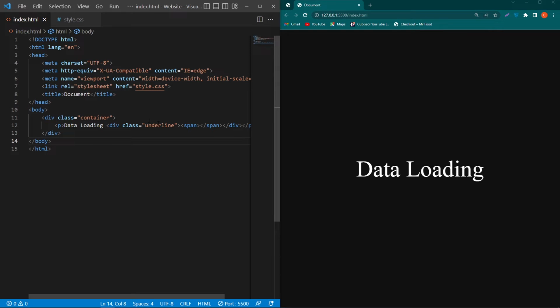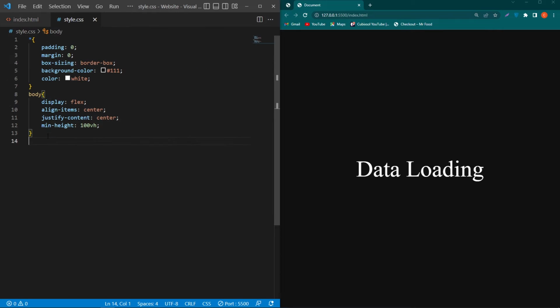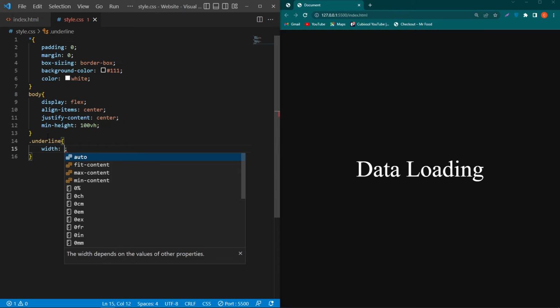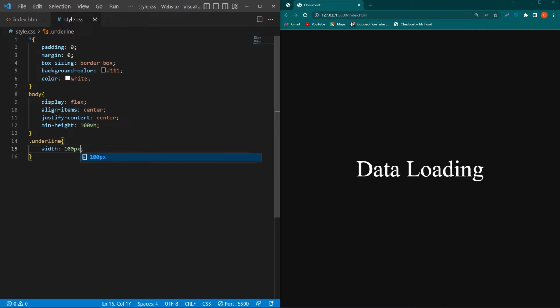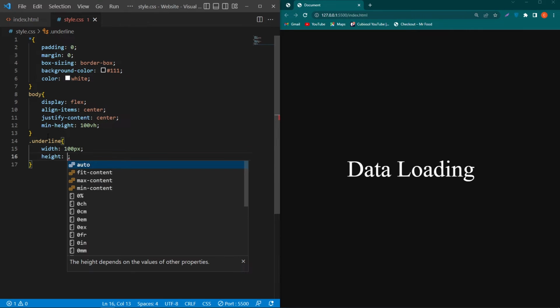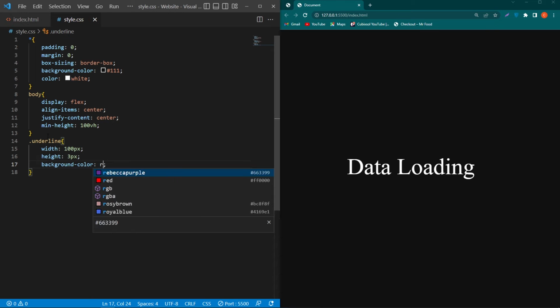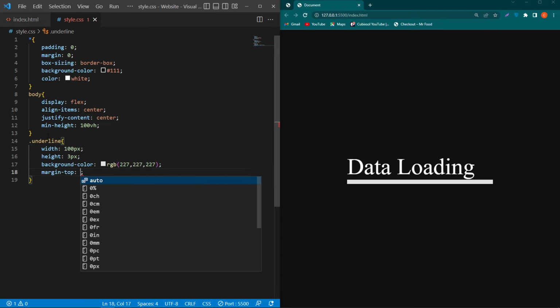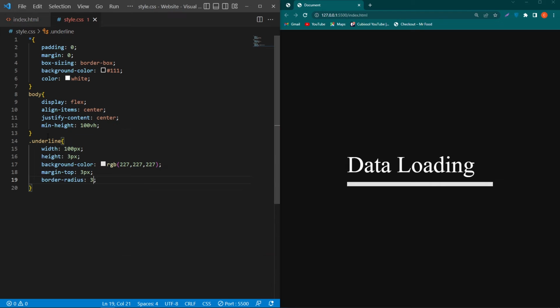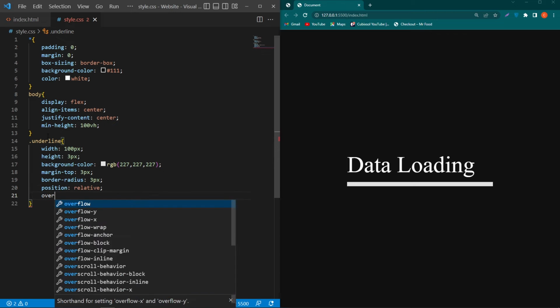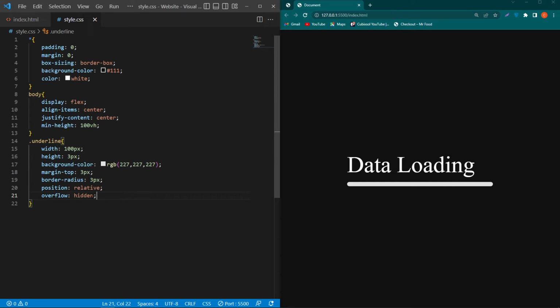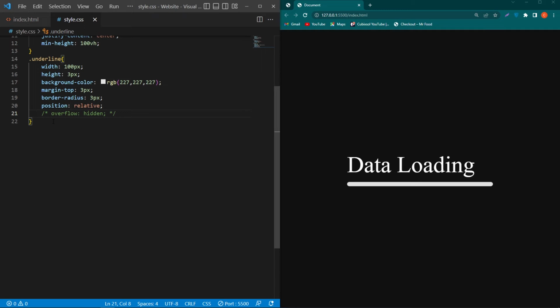Next we have to copy this underline class and paste here with a dot and type width 100 pixel. Now we are designing our underline. Height 3 pixel, background-color this color code, margin-top 3 pixel, border-radius 3 pixel, position relative and overflow hidden. So first of all I will comment this property so you can see what is the purpose of this